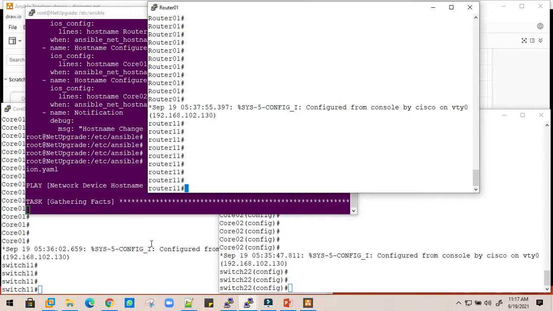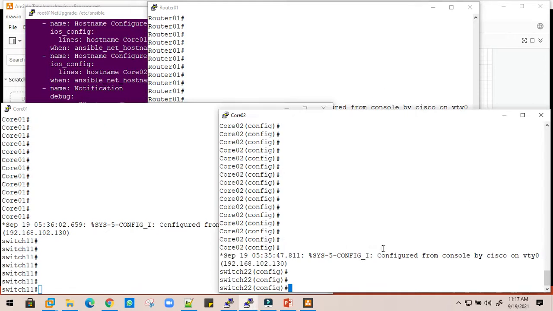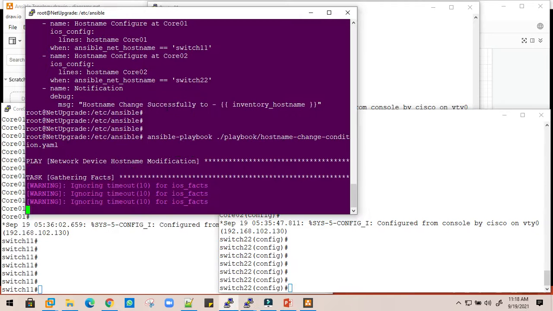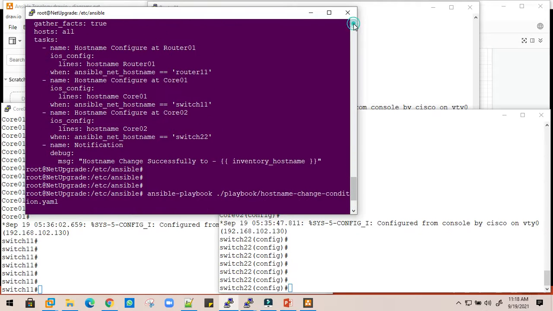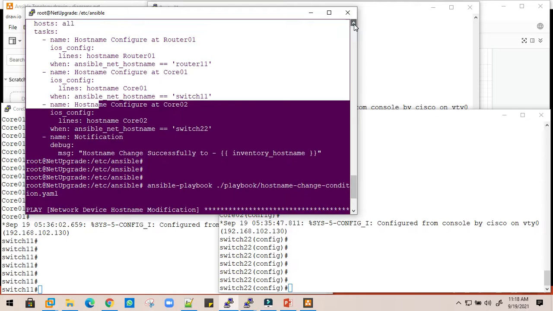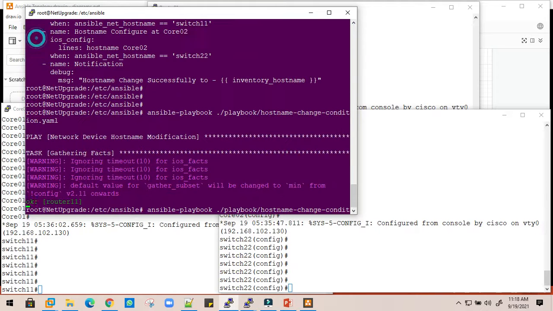In parallel we'll open the connection and just press enter, so that we ensure the name is not changed yet. Let's open the play. The play has started, which says network device hostname modification is the play, and the very first task written over there is to collect the facts. Sorry, it goes up. It says collect the facts, which is true.